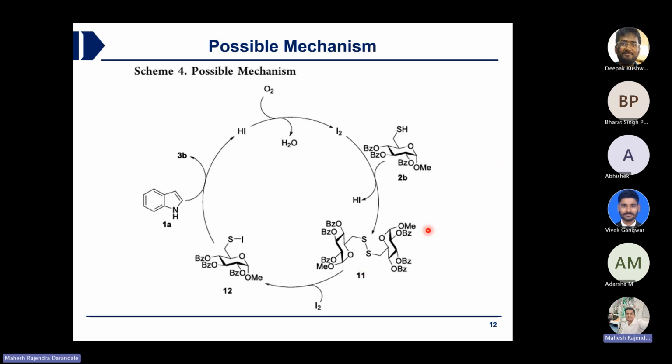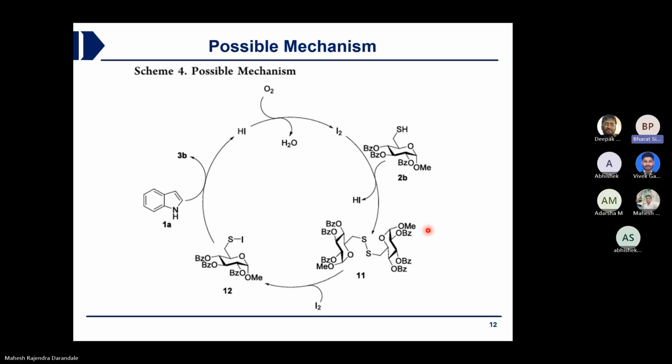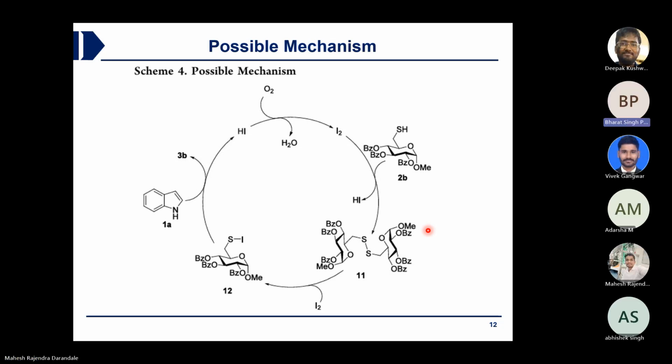So is 11 first or 12 first? There is one thing they have proven: this 11 is breaking into the 12. That means either 12 forms first, and some of this 2B goes to the 11 also, and that will again go to the 12. Exactly. So 11 will form, and when they take the I2, it will ultimately come again to 12. Since there is no further step, it will ultimately go to the product. Okay. Got it.